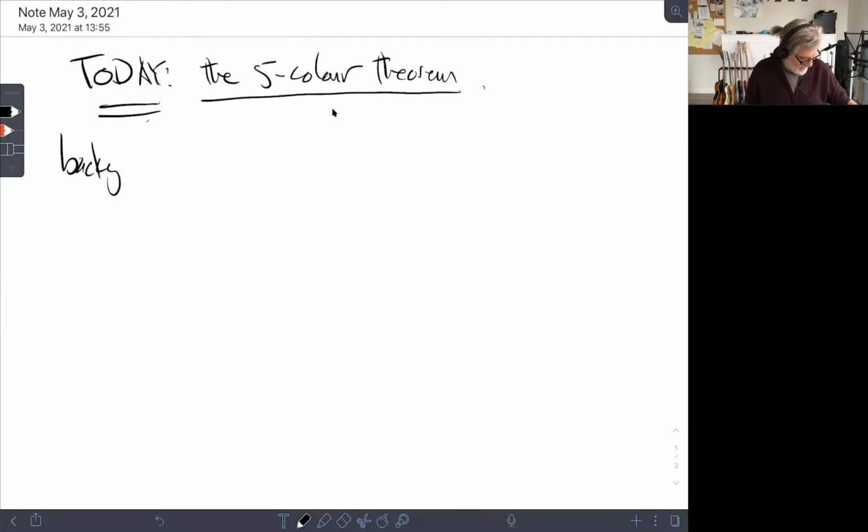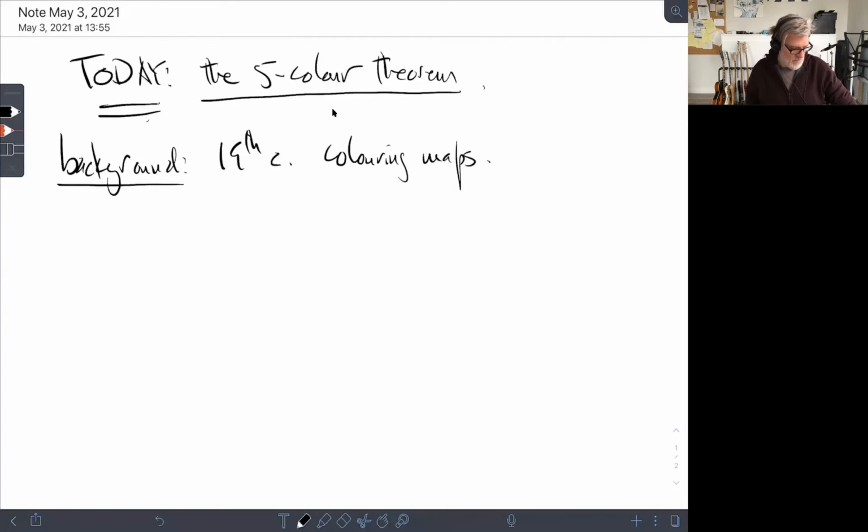At some point in the 19th century, and I've mentioned this, I should have looked up the exact dates. I don't know, but you can look it up. Somebody asked, is it possible to color all maps that we make with only four colors such that countries that have a common border get different colors, right? So coloring maps: are four colors enough? Okay. Now,